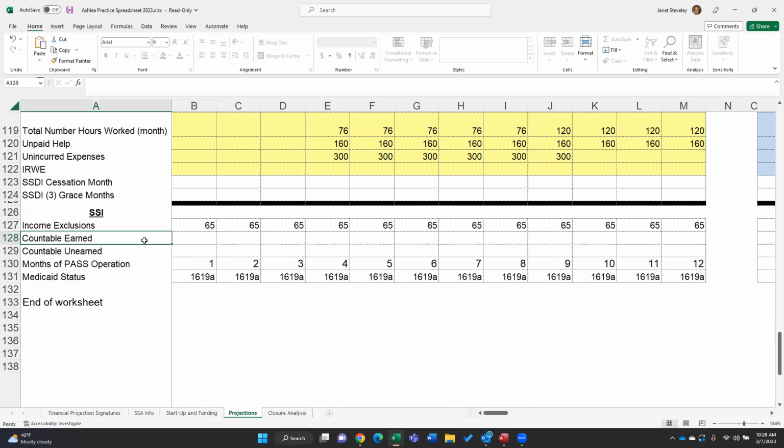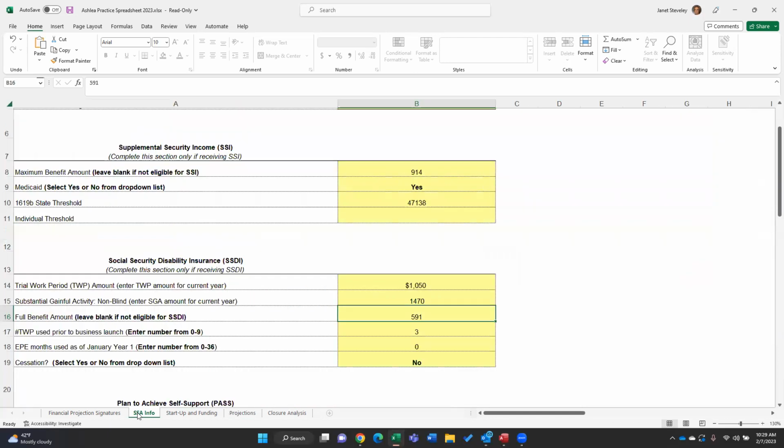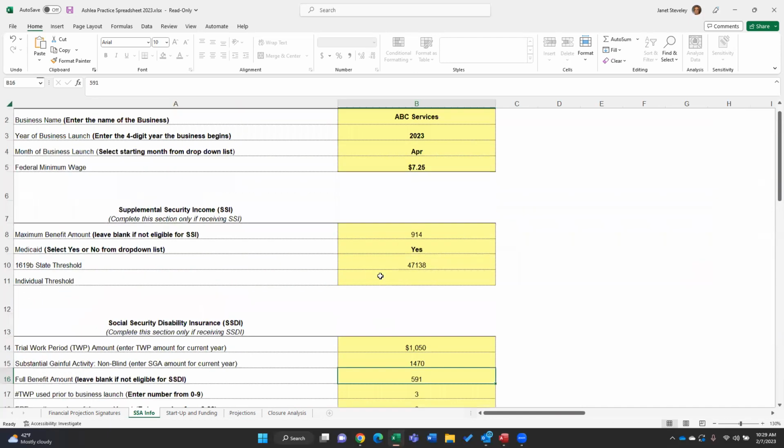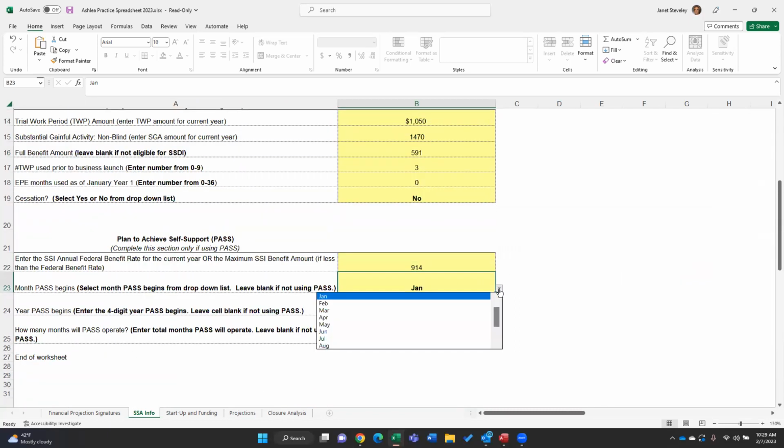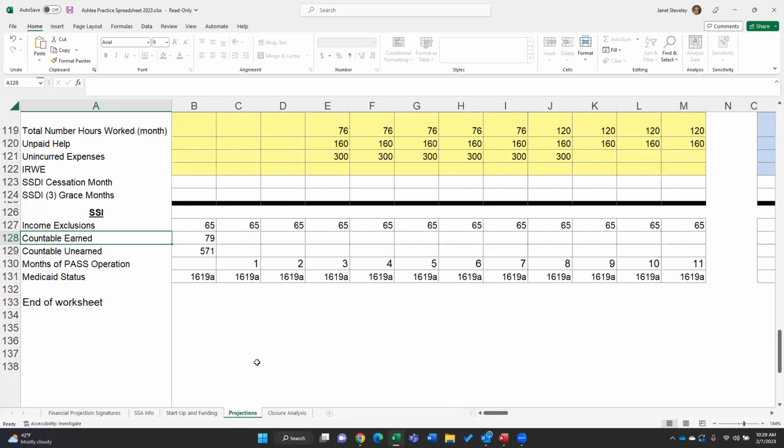Rows 128 and 129 show the countable earned and countable unearned income. You'll see here that they are blank, not because Ashley doesn't have these, but because the PASS is excluding them. Let me show you. If I go back to the SSA info tab and change Ashley's start date to February, let's see what happens. Okay, I'm changing it to February, and now I go back to the benefits analysis section,